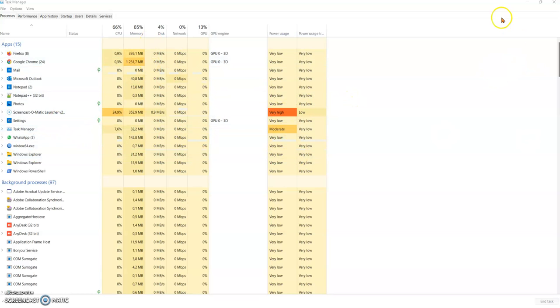So once you open your task manager, you're going to go under processes, right? And then under processes, you want to look at applications. This is basically what we want to look at. Leave everything else. This simply means that at the moment your computer is running, in my case, Google Chrome, there's 24 tabs that are open or running in the background, right? Even though you don't see that much,